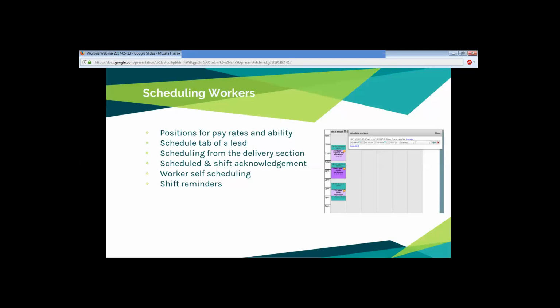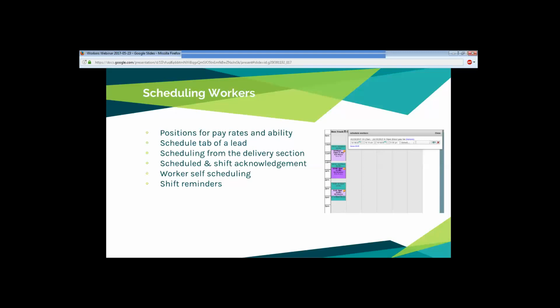So a rank 1 can see 2 weeks into the schedule, and they can sign up 2 weeks into the schedule. Rank 2 is 4 weeks. They can sign up 4 weeks into the schedule. Rank 3, 6 weeks, and so on, all the way up to rank 10. And we just added rank 6 through 10 recently as a suggestion from one of our customers. And rank 10 will actually be unlimited. So if you rank them a 10, they can sign up as far out into your schedule as you have